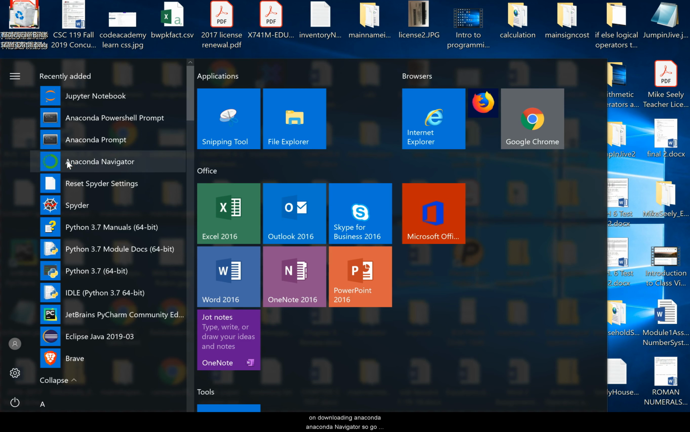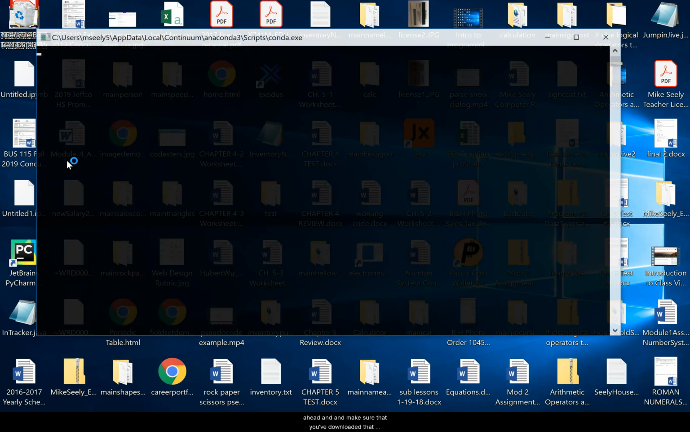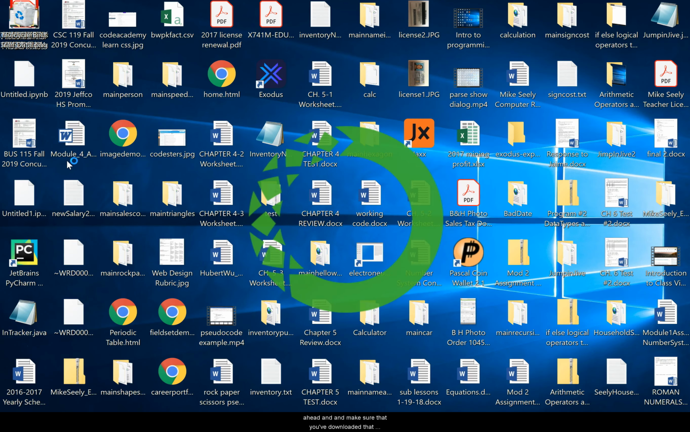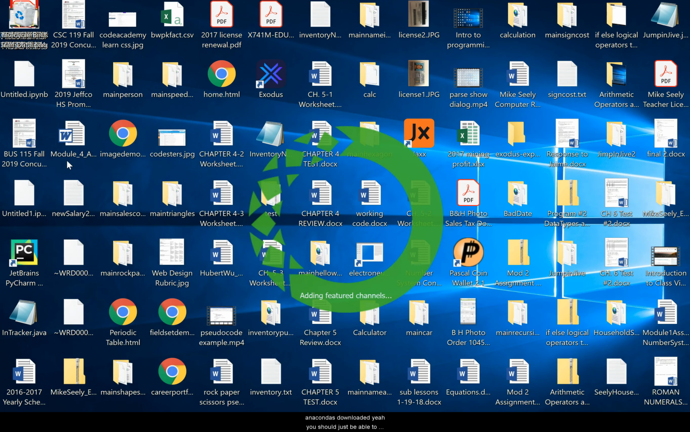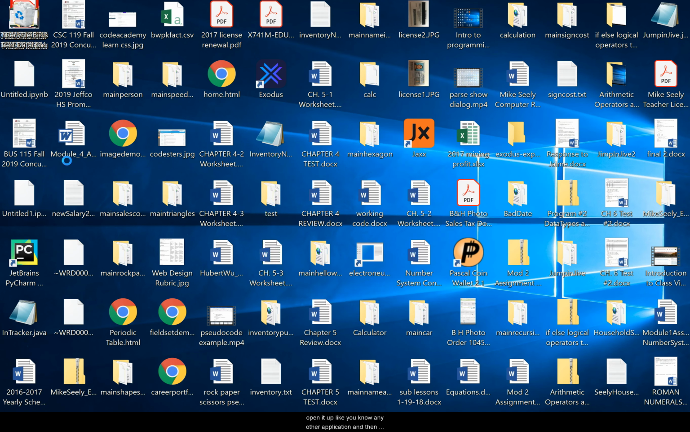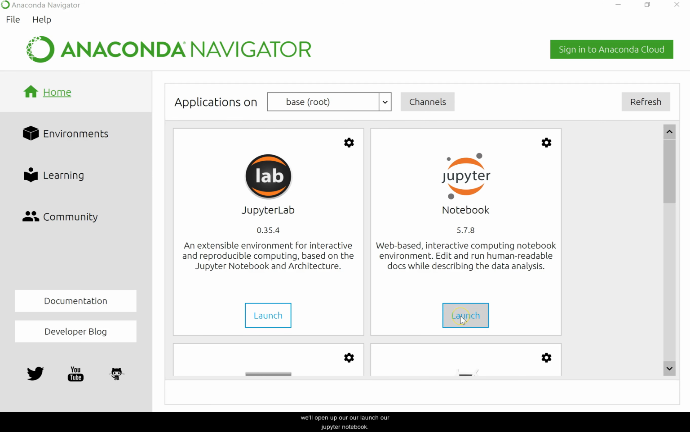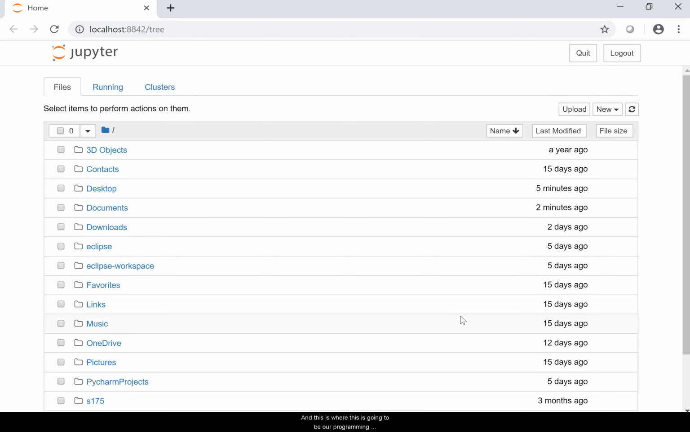There was a video on downloading the Anaconda Navigator. So make sure that you've downloaded that already or watched that video in Module 1. Once Anaconda is downloaded, you should just be able to open it up like any other application. Then we'll launch our Jupyter Notebook. This is going to be our programming environment,